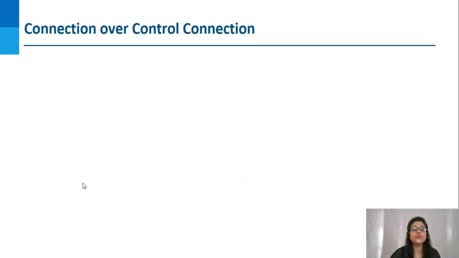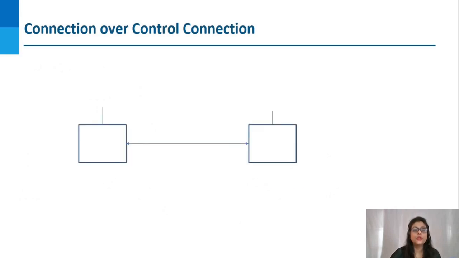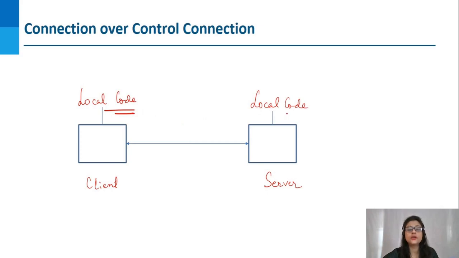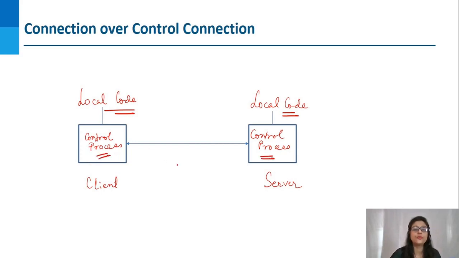Let us understand connection over control connection. So this is the basic structure. We have the client at one side, and the server at the other side. At the client we have the local code. Also at the server side we have the local code. And as we have seen in the previous slide, there is a control process at the client, and also at the server side there is a control process. There is a connection between them, and what passes through this,